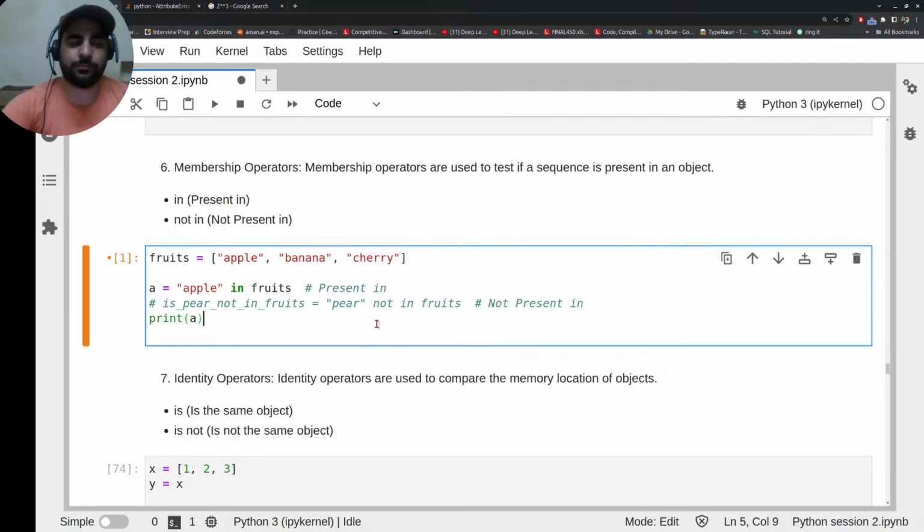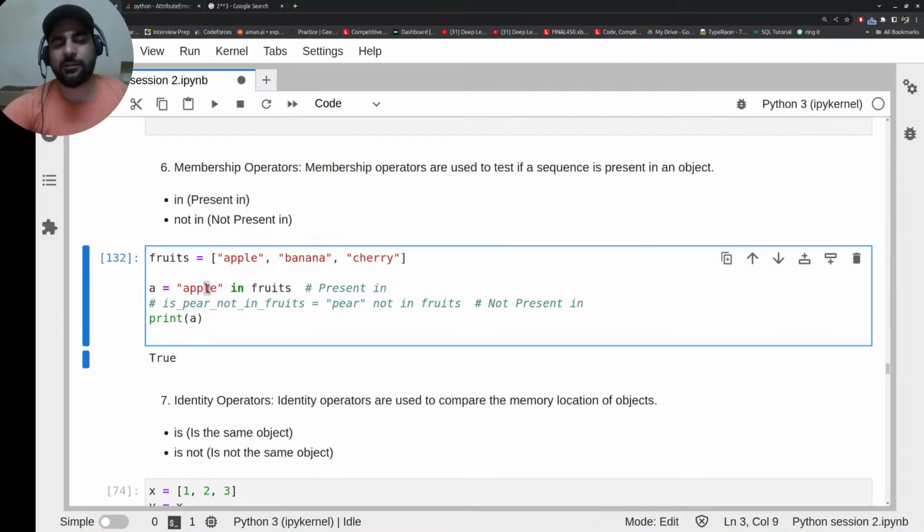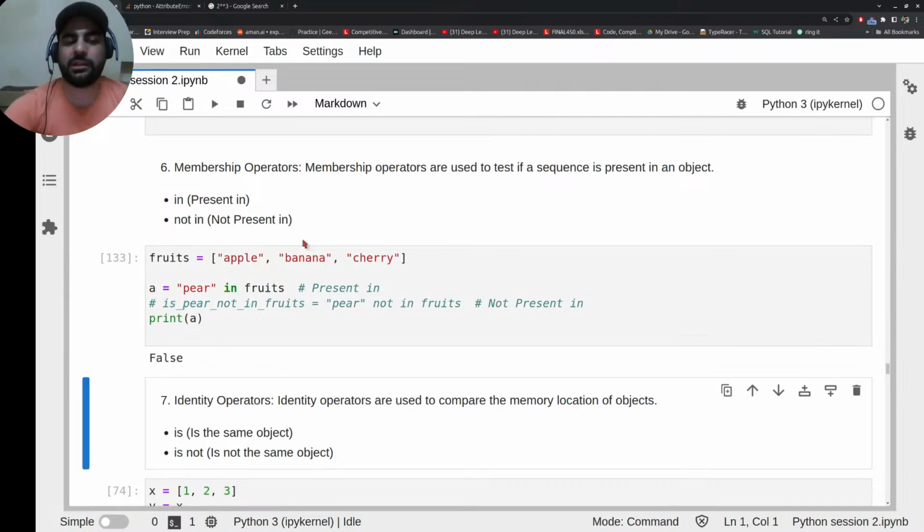It should be true. That's what you saw here. It is in the list. So if I say, for example, pear is... So pear is not in the fruit list of these fruits. So if you see, it should be false, because pear is not available in this list. So if you see pear is not,